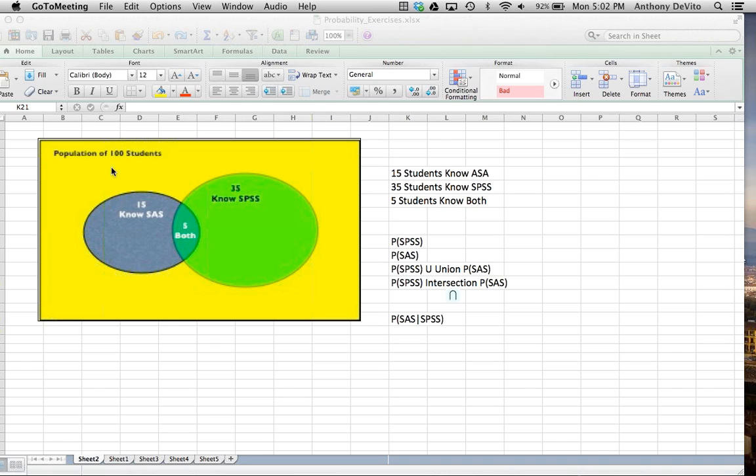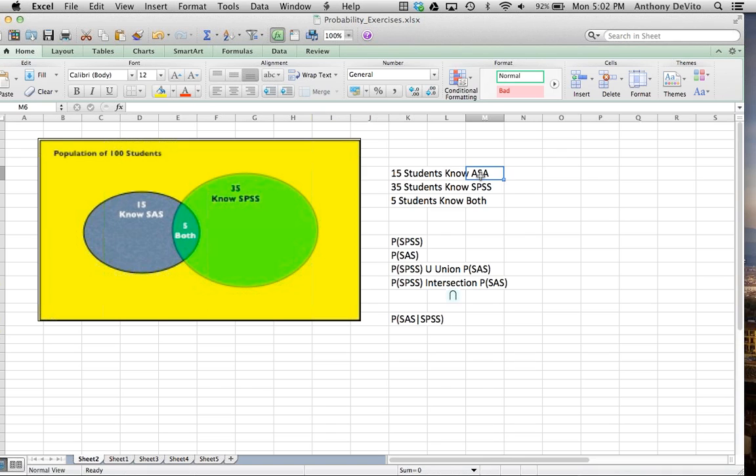Okay, we could say this population or sample of students represents 100 students, right? And that's the entire world of students. You could instead look at it as 100% of the students. Okay, so now within this group of 100 students or 100% of the students, 15 or 15% of the students,